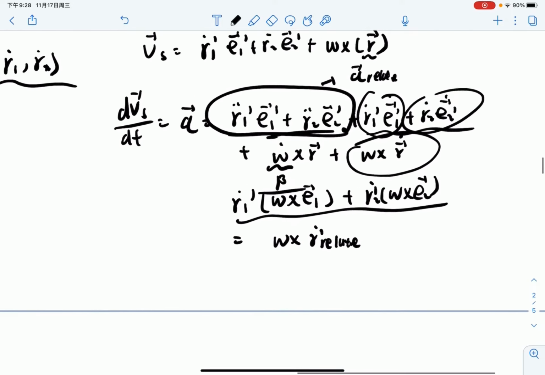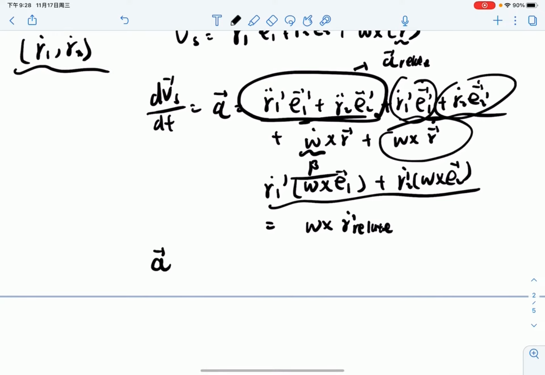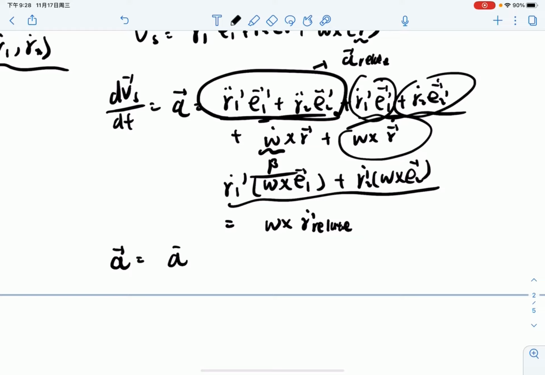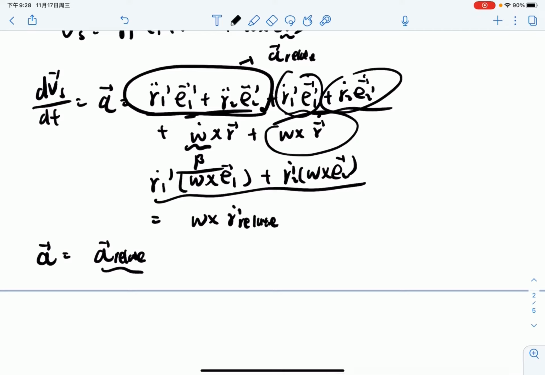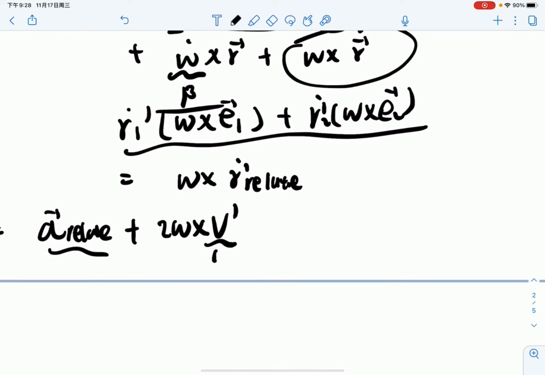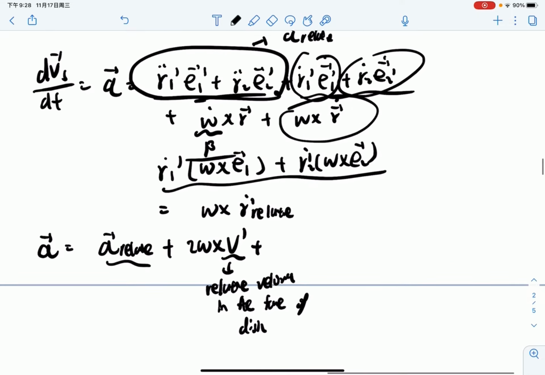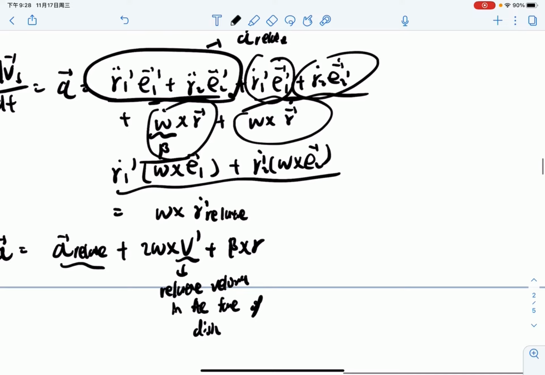So now we have that the acceleration is just going to be the relative acceleration in the frame of the disk, plus 2W cross V prime, and this one is the relative velocity in the frame of the disk, and plus this term, which is beta cross R, and plus the last term, which is where